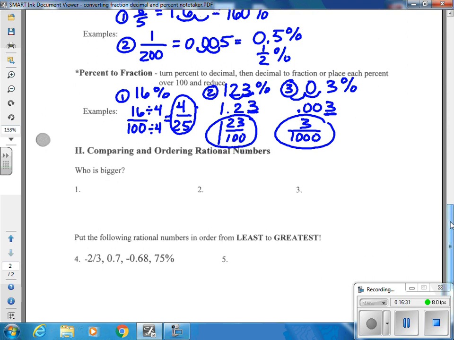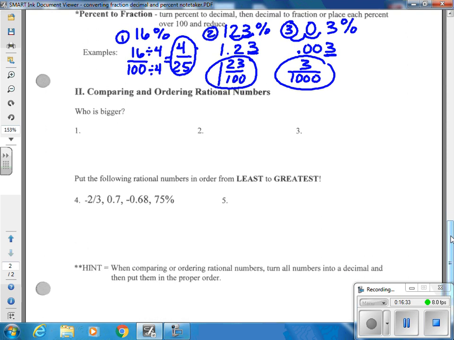All right, for this last section of your note taker, it's going to be determining who's bigger and putting them in order, which we'll do a lot more of in class, all right? But I just wanted to give you a taste of what's coming. You're going to use the less than, greater than, or equal to signs when it comes to